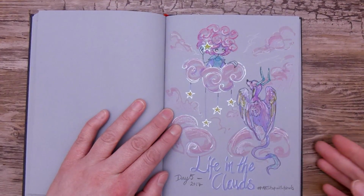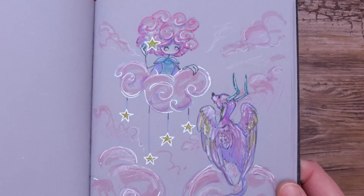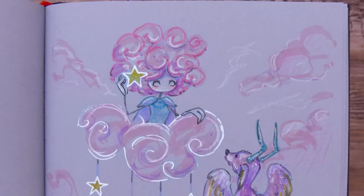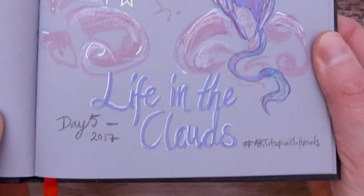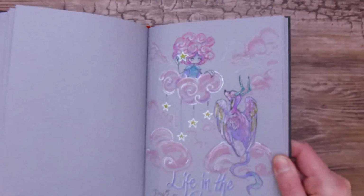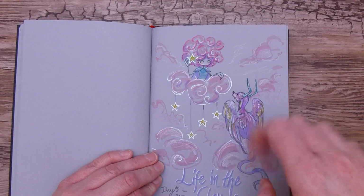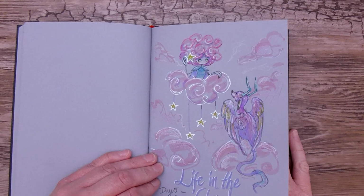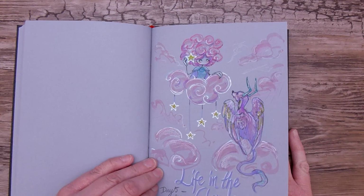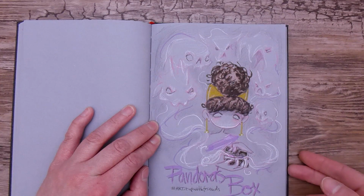And then was Life in the Clouds, and I made sort of a little, I'm not sure, but I actually really like how it turned out. I think it's pretty cute, and it's one of those things that I might revisit and do another sort of more finished illustration for. Then was Pandora's Box,